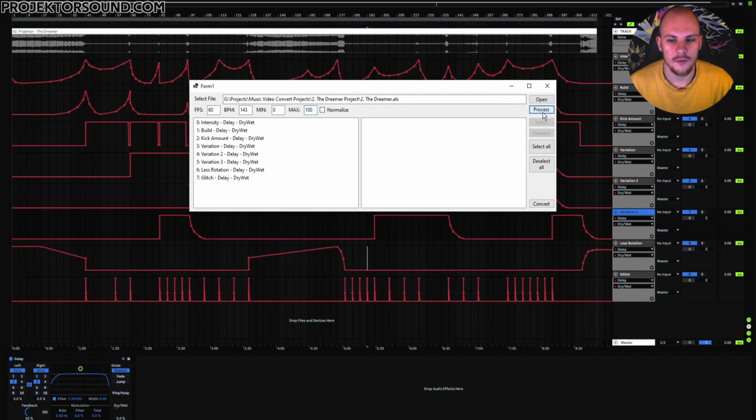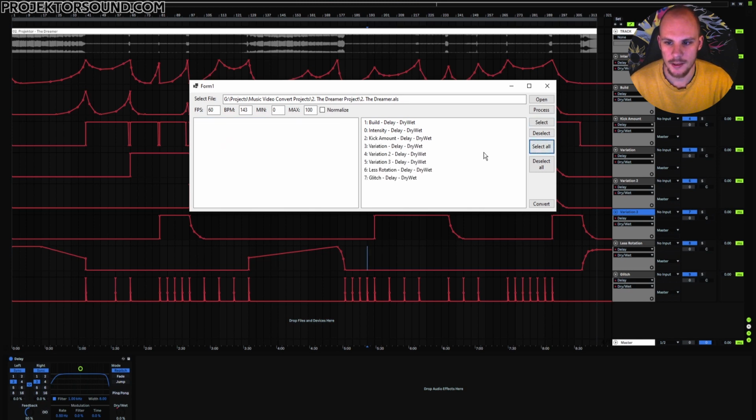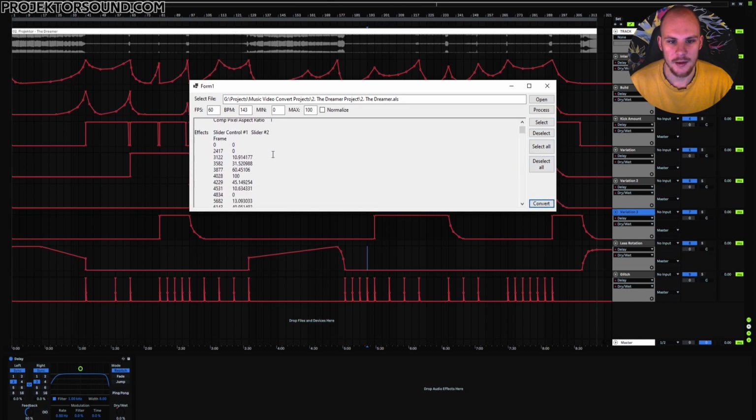So with that all out of the way, I can hit process. That will give us all of the automation lanes in here. And then I can select which ones that I want to include within the list of keyframes that it's going to generate for me. So I can select this one, I can select this one, or I can select all of them or deselect all of them. Let's just select all of them and then I hit convert,